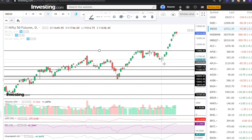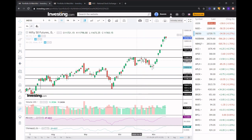Then on this day, the 2nd of November, Nifty again shot up and started running, majorly because of the US elections and some corona vaccine news, and Joe Biden winning the US election. So again, we have seen that Nifty has made the same 10% kind of move from 11,500 to 12,700 levels. Over the last 2-3 days, if we look, Nifty on an intraday basis